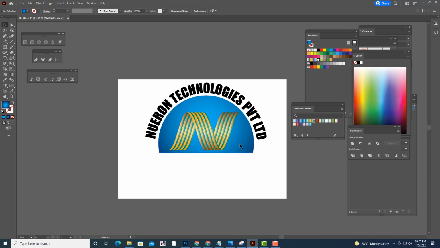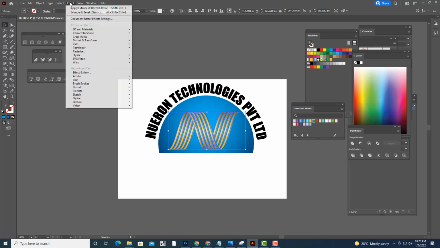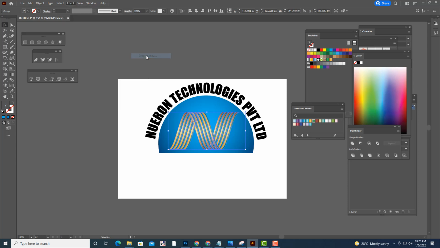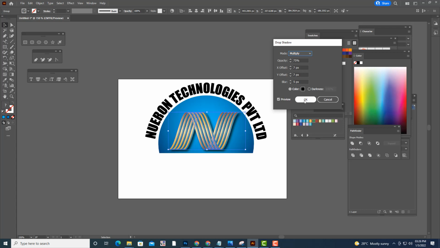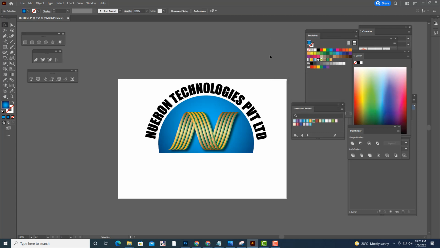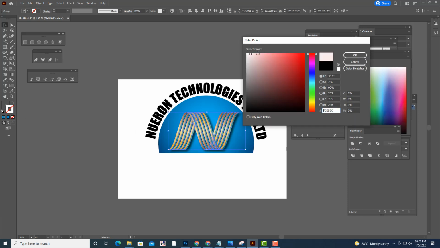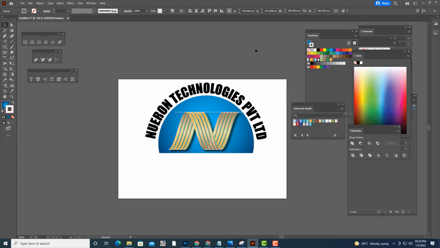So then what I'll do is, we'll give some drop shadow to this. See, here we got a drop shadow. So something like this, and then we can also try a white outline. This is optional. We can give a white outline. It's not so interesting, because there is one line here.